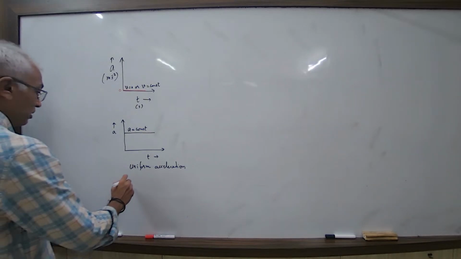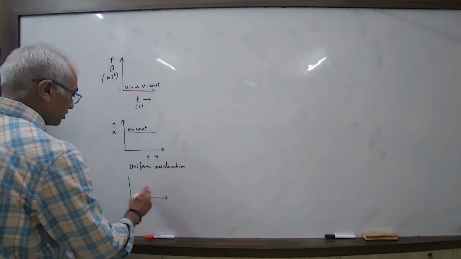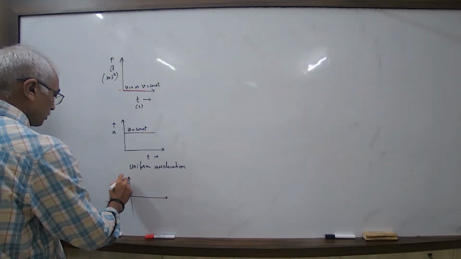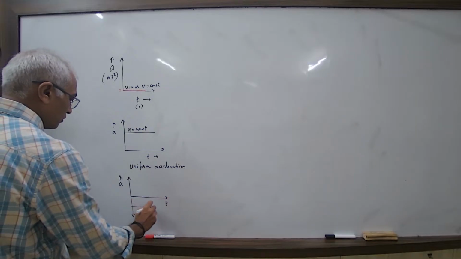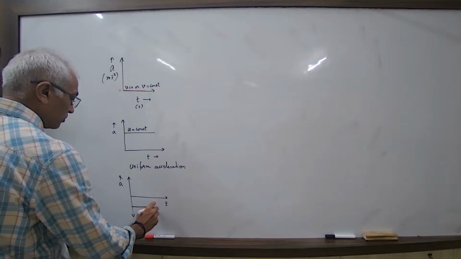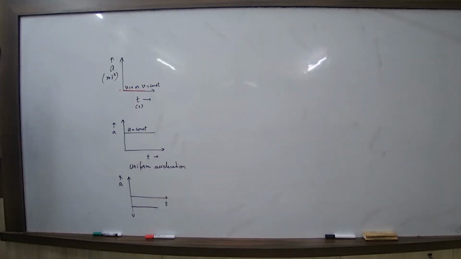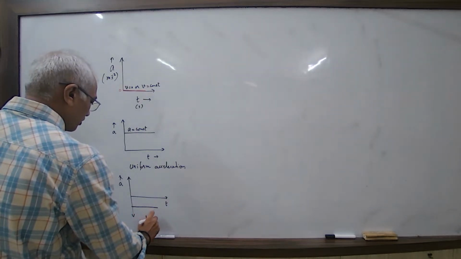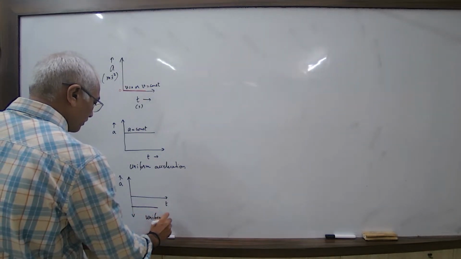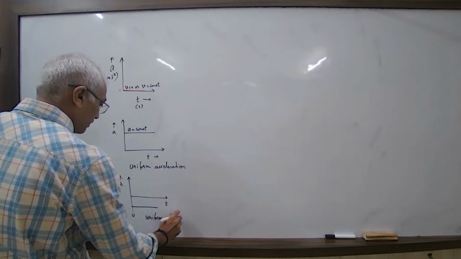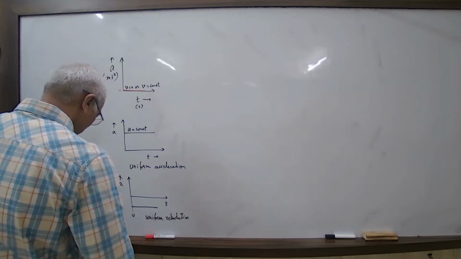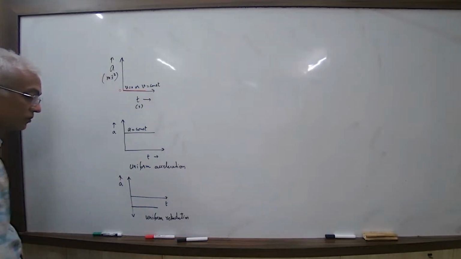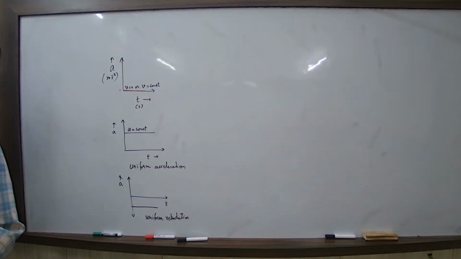अच्छा, अब अगर ये वाला मोशन ले लो मैं, 3 ग्राफ है इसके अंदर, ये क्या होगा? यूनिफॉर्म रिटार्डेशन। हाँ, this is uniform retardation. यूनिफॉर्म रिटार्डेशन,